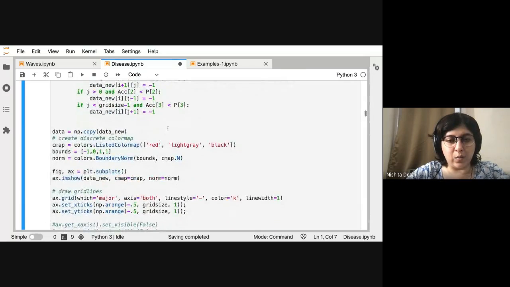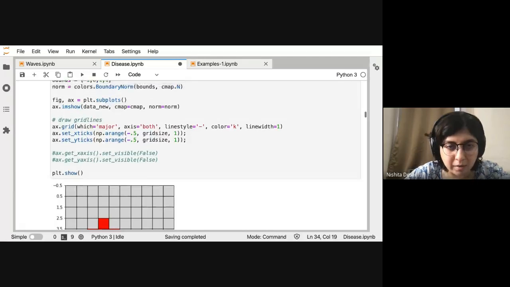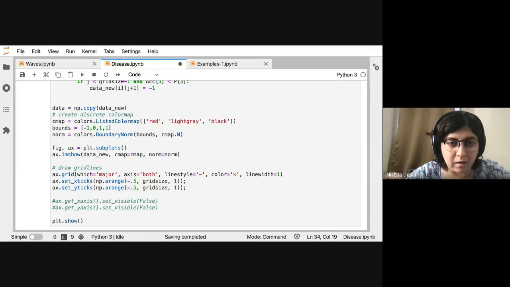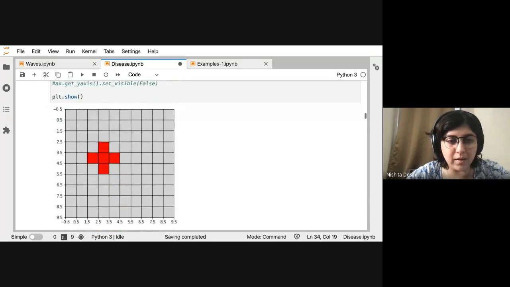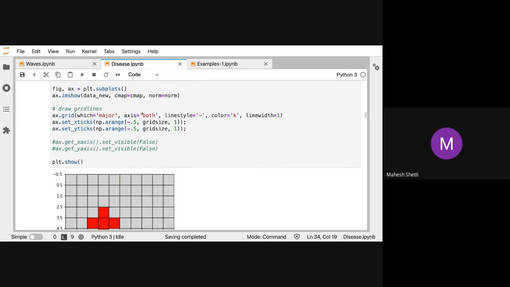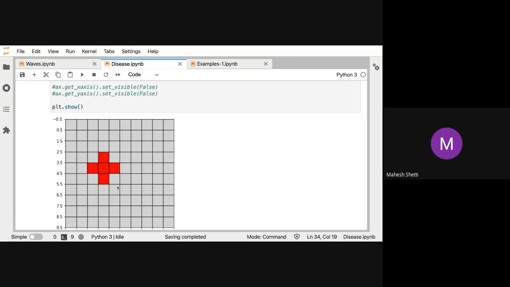And if your R is 1, everybody's getting infected. Okay, maybe it's just statistical that everybody's getting infected this time. But at R equal to 2, even the diagonals will get affected, right? We are not actually calculating the probability of getting diagonals. So each step only gives you the nearest neighbors.